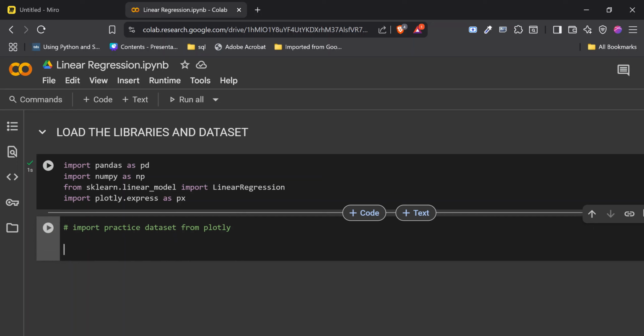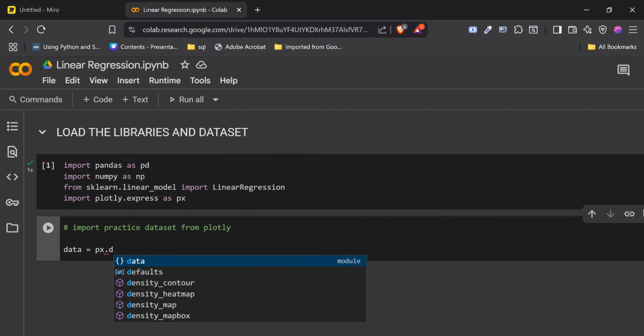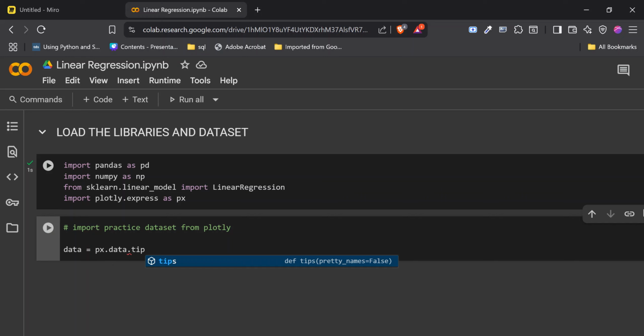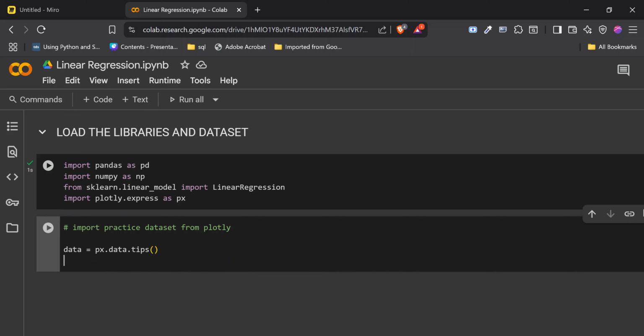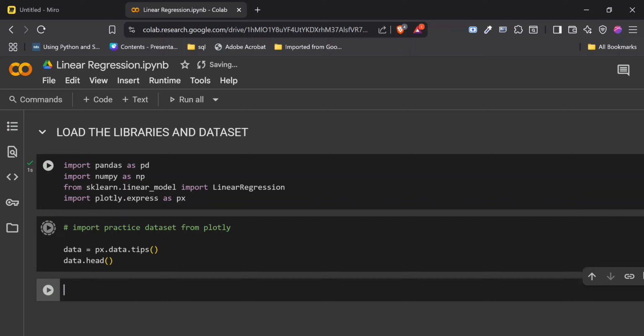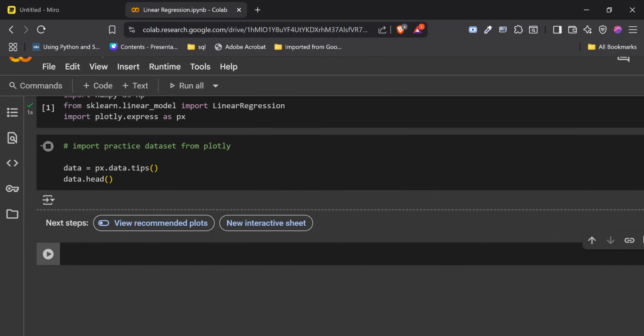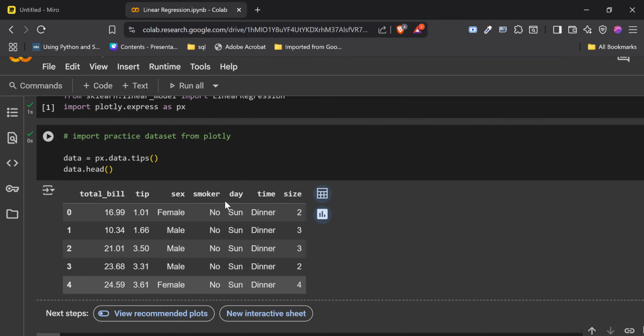So data is going to be equals to px. Inside Plotly there are a lot of practice datasets. There's px.data.tips, a tips dataset. So if you run that, we have this tips data set here, this one.